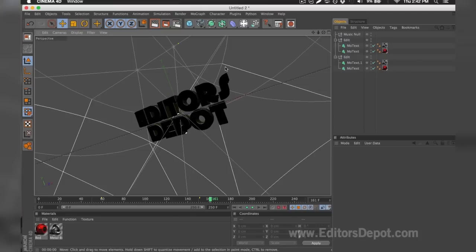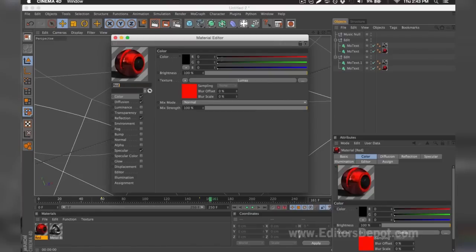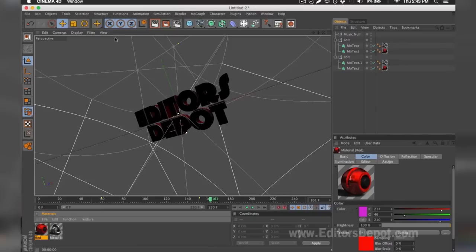I'm 100% happy with the colors because it's red and EditorsDepot is red, but if you're not happy with the colors, you can simply come down below, double click it, and make any modifications you wish, whether it's make it green, make it blue, or blend it all together and make a little purple. I'm going to go ahead and keep it this way, and I'm going to go ahead and go to my